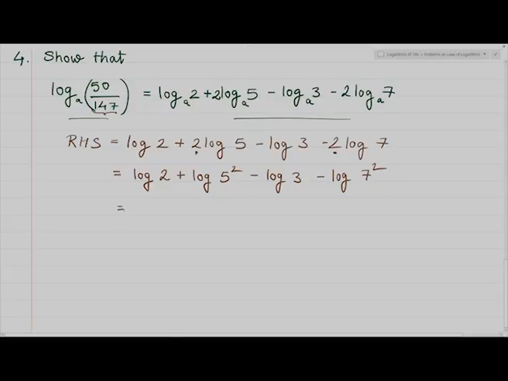So, we have put that, then we will use the multiplication law and quotient law together and say that this is equal to log of 2 into 5 square upon 3 into 7 square. Okay. Now, what will this be equal to? 5 square is 25, 25 into 2 is 150, log of 150,